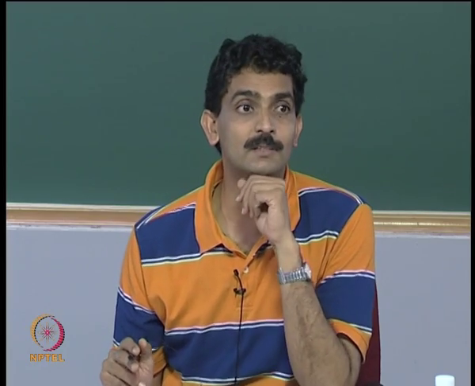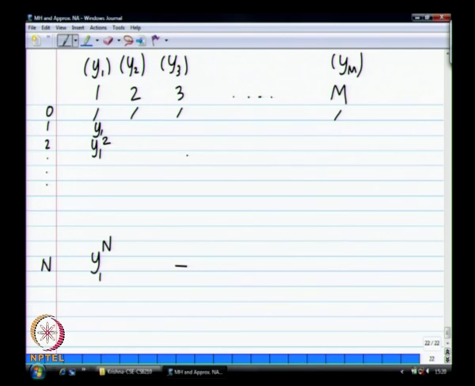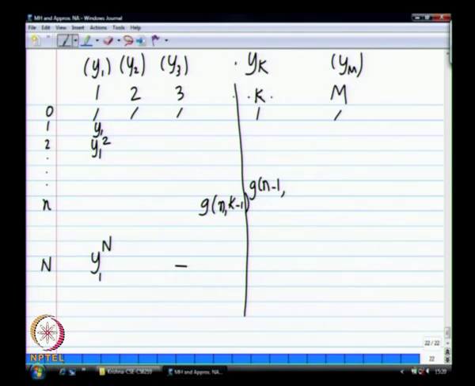So now we just use our previous expression. Let us look at this: there is yk here, this is your kth column. So what do you have? You have g, this is the nth row. Your g of n, k minus 1 comes from your previous column, and then you have g of n minus 1, k from your previous row, and this is simply